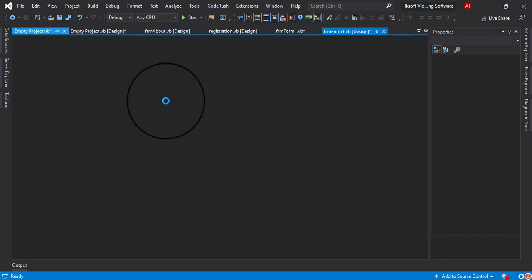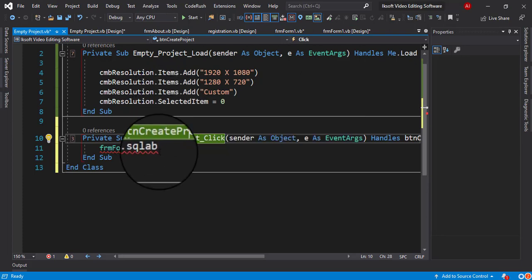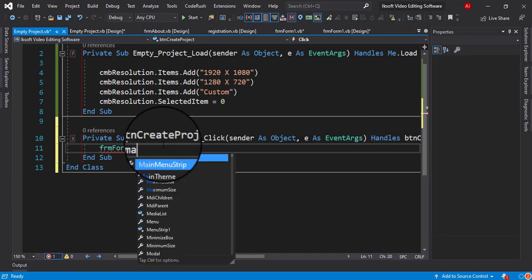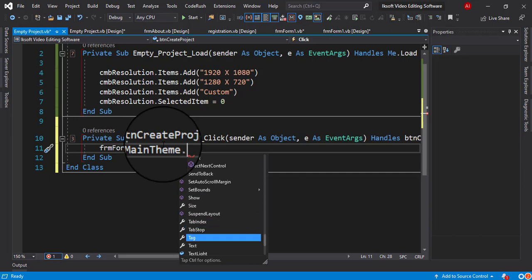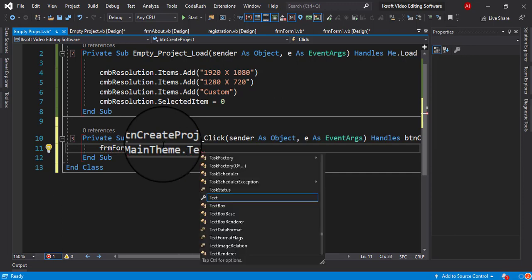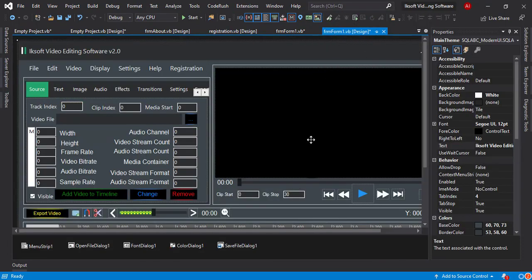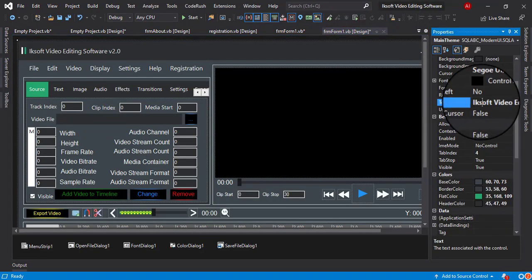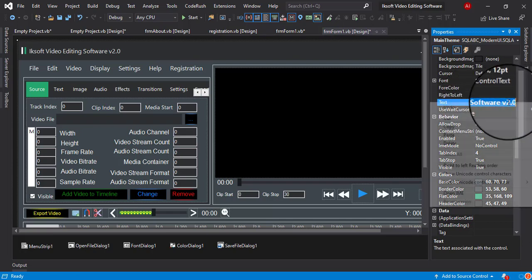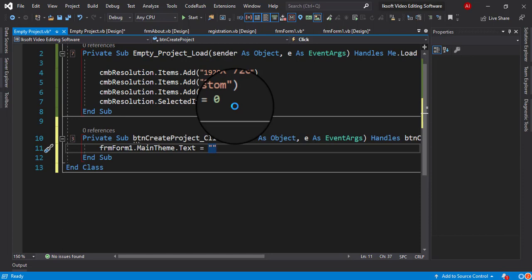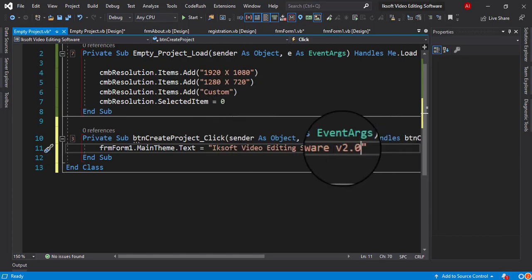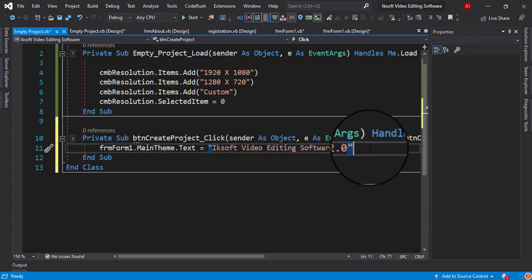So the MainTheme dot Text, we have the text, right, equals to, let's add two inverted commas. Now let's go back to the form, click on this. Now you will see the text here. Select all the text and then copy the text, go back to your project, and then we have to add the text of the project we want to add. So we will just paste the text we copied here, which is the name of the software, and we will say that